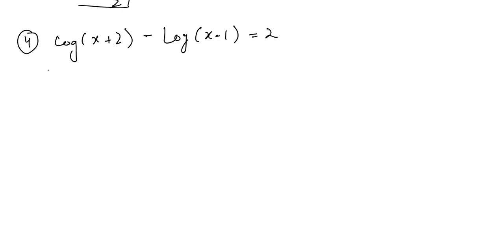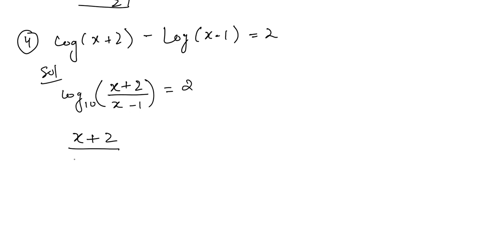So it is 2. Now applying the laws of logarithms, we know that if there is a minus sign between two logs, we can write it as a quotient and change these values like this. So we will have equal to 2 here. This is the base 10, so after changing it into exponential notation, it will be x plus 2 divided by x minus 1 is equal to 10 raised to the power 2, and it will be 100, so we can write x plus 2 is equal to 100